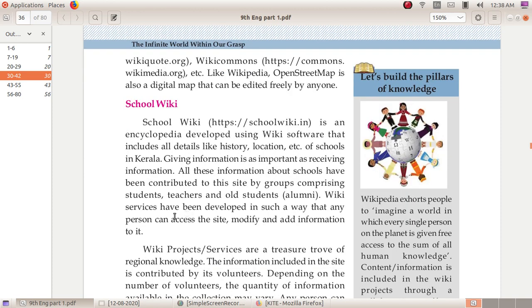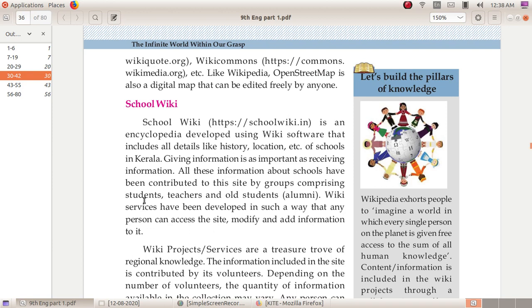Giving information is as important as receiving information. All this information about schools has been contributed to this site by groups comprising students and teachers.